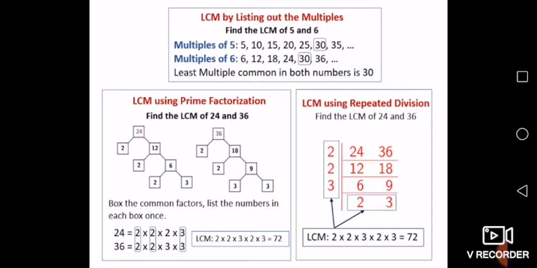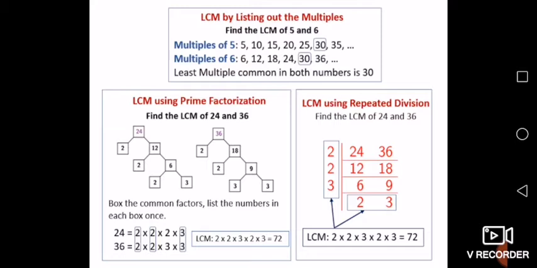The table of 5 you will start writing: 5, 10, 15, 20, 25, 30, 35 and so on. Now come to the multiples of 6. You will write 6, 12, 18, 24, again the table of 6 you will start writing. Then what you will find